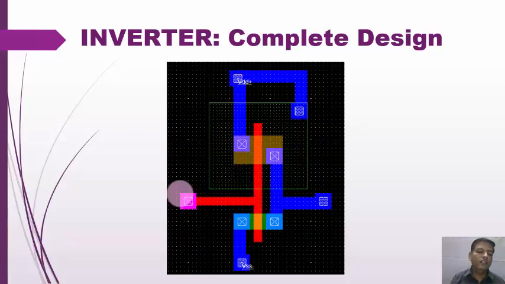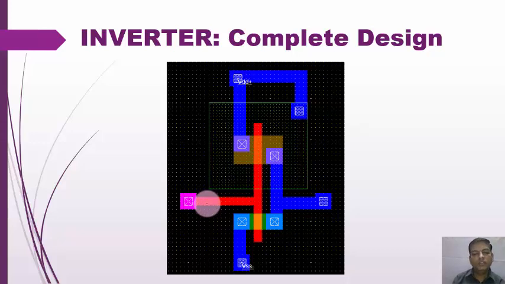Then the input is provided through the metal polysilicon contact to the gate terminal, the common terminal of both the PMOS and NMOS. We have to join them using the polysilicon layer. Then again one metal contact is applied onto the source terminal of the NMOS and we have connected it to VSS. Apply VDD here, VSS here, the input clock terminal here and the output is here, the visible terminal. In this way we have to form the complete inverter design. Everyone can get it. Okay.